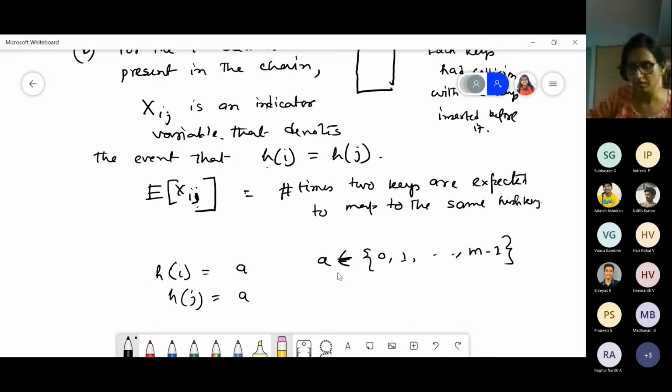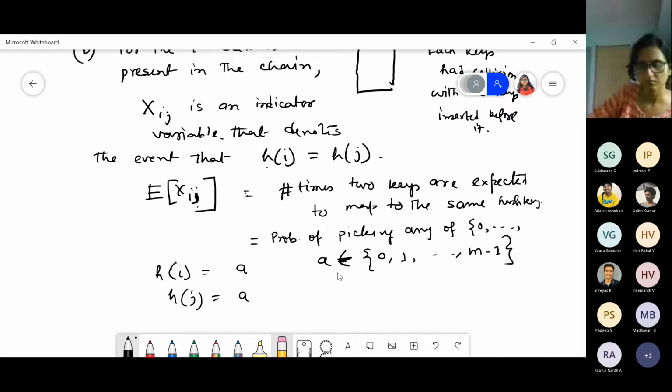That is equal to the probability of picking any of the values 0 to m minus 1 as the output of h.